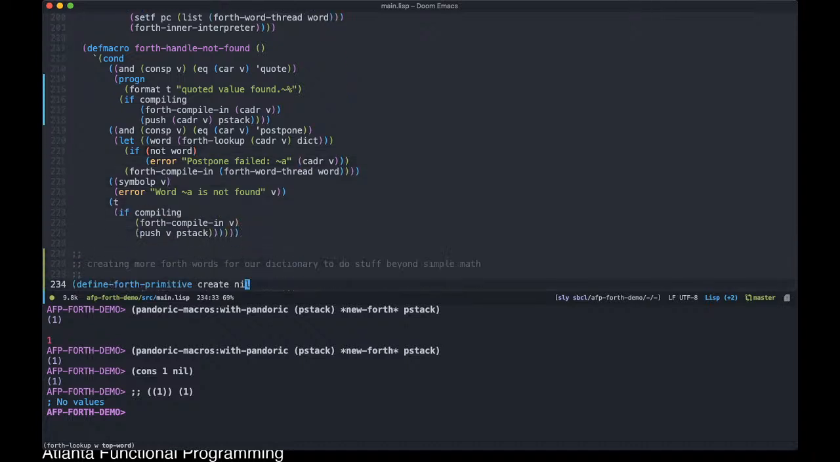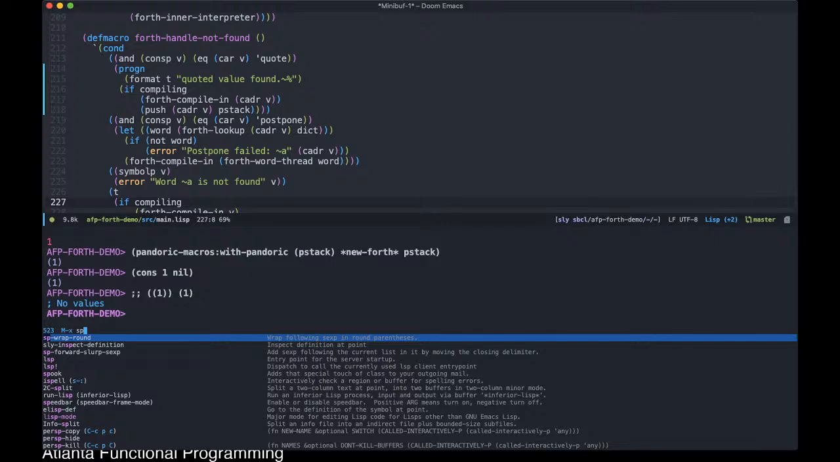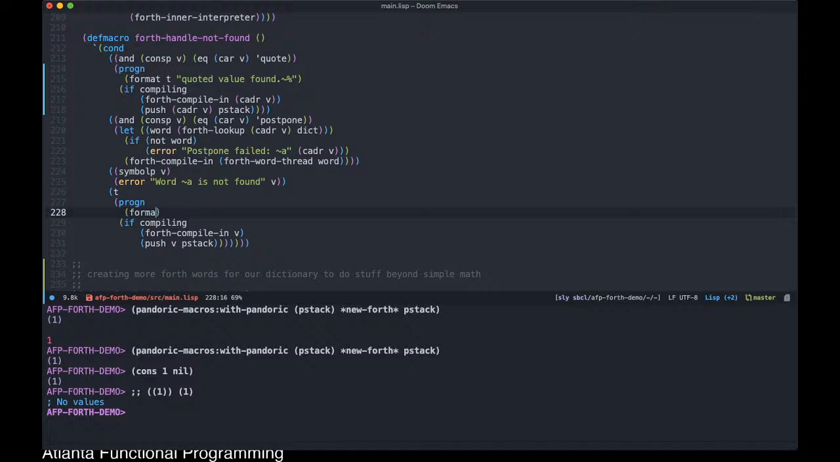We don't have any for it in there. And then if compile in, otherwise we push it in. And don't worry, I'll correct the formatting here in a minute. This guy is going to be, what is the right thing? It will be,